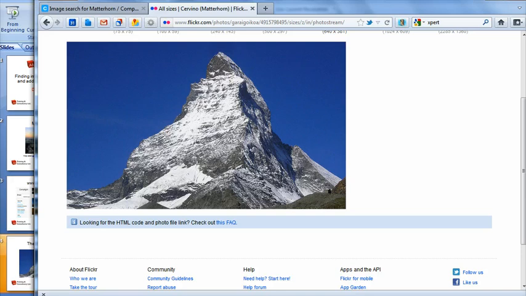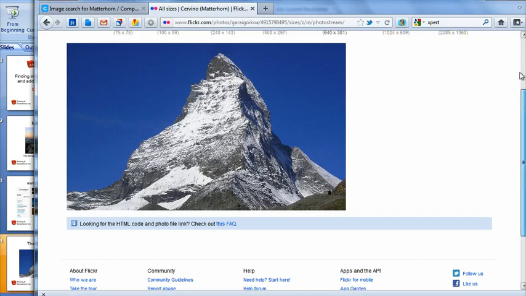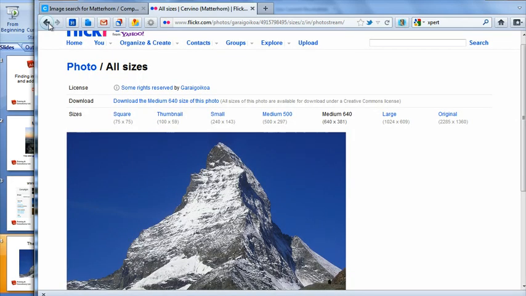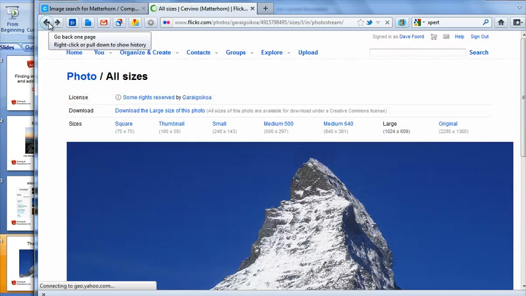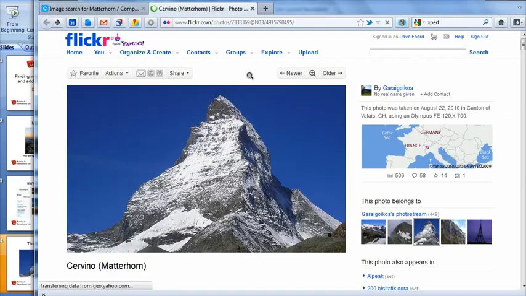So I'm going to go back to my Flickr page, and I'm just going to click back a couple of times until I find the main page for this image, which is this one that I've got here. So the web address is www.flickr.com/photos, and then there'll be a code which is unique to that image. So I'm just going to copy that,